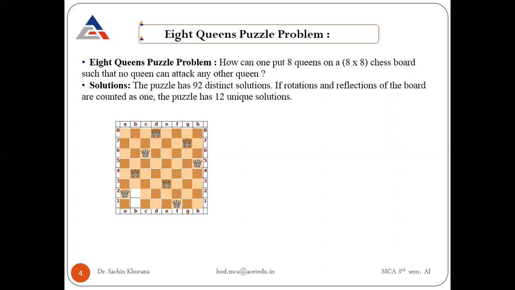Wherever the queen can move, on those locations no other queen should be located. This is basically the problem. So queens should be located in such a way that no queen can attack any other queen with the movements of the queen, which are either horizontal, both left and right, or vertical, both up and down, and even diagonal, directly on the square on which it is located.